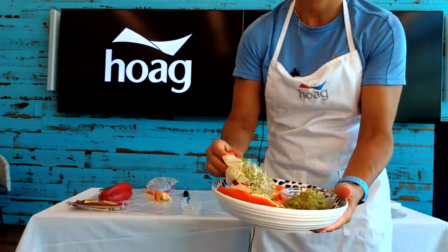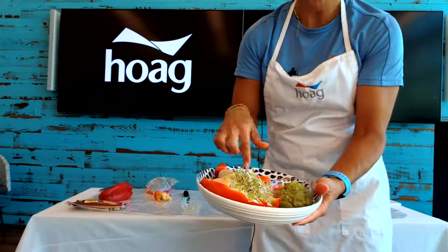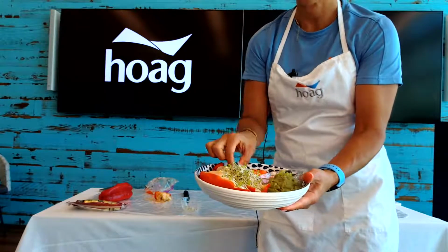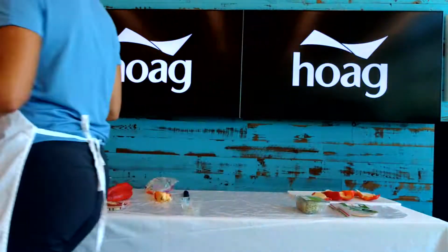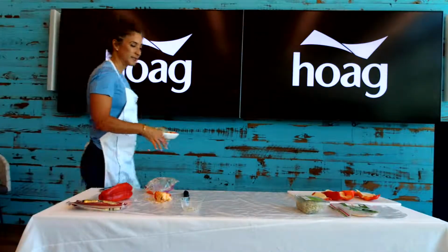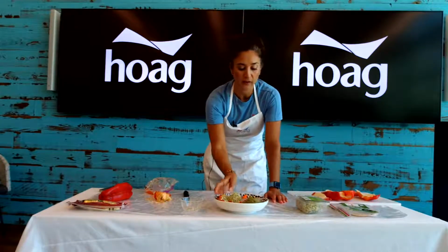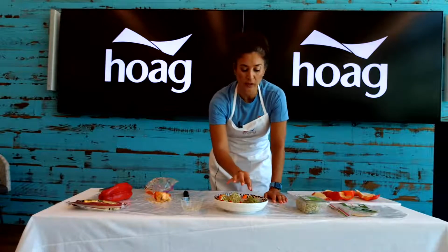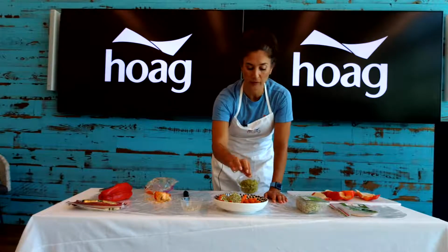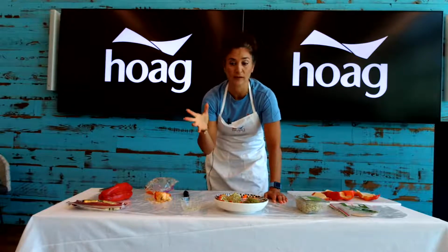Okay. And then I got my delicious guacamole here with my carrots. So you can see this meal is high in fiber, high in protein from our deli meat and our cheese, and has our healthy fat. Now, without that healthy fat there, you're not going to be filled up at all. So you definitely want to make sure you have some healthy fat with your meal. So we have our protein, we have our fat, and we have our fiber,